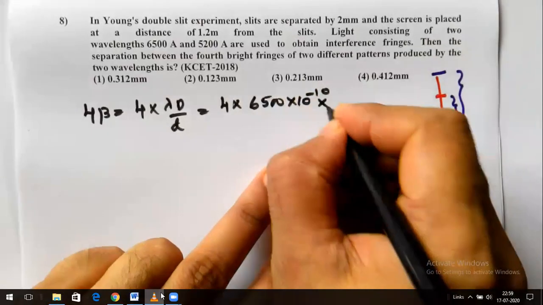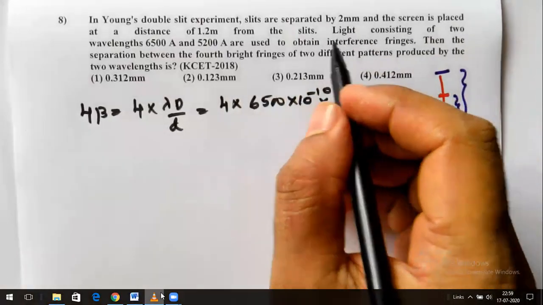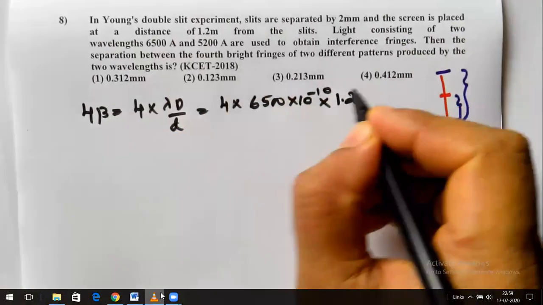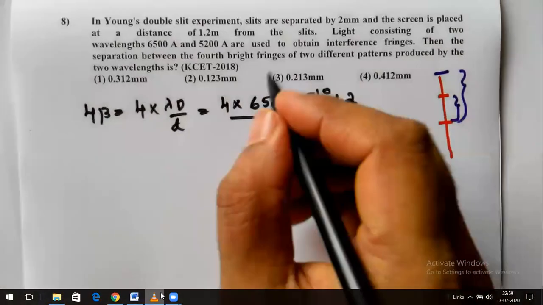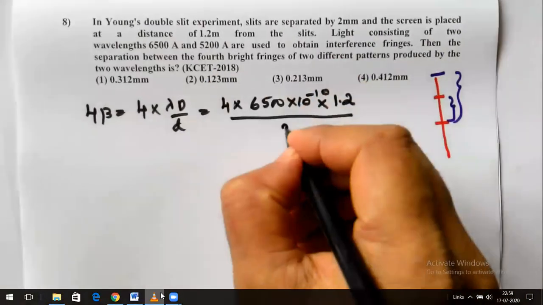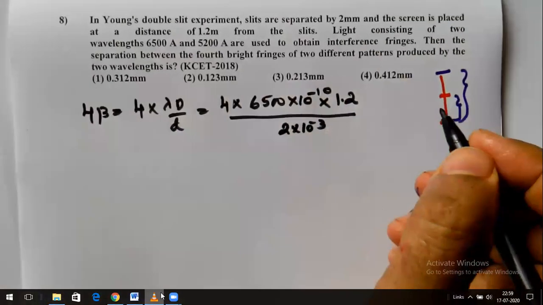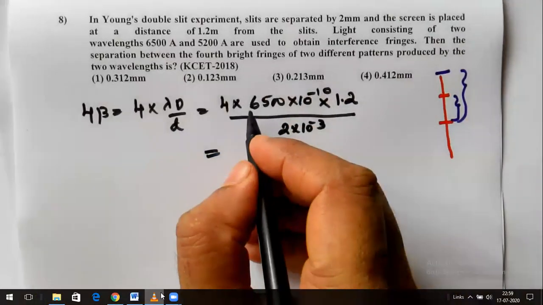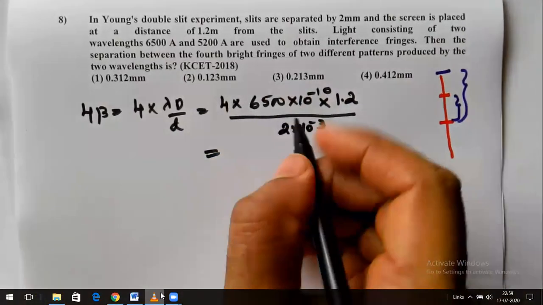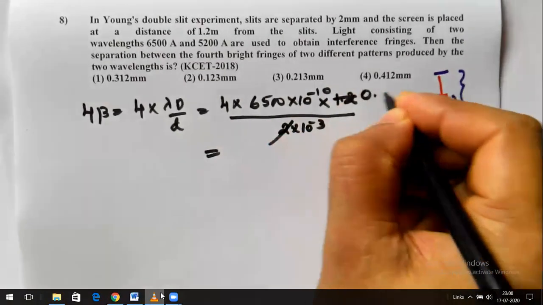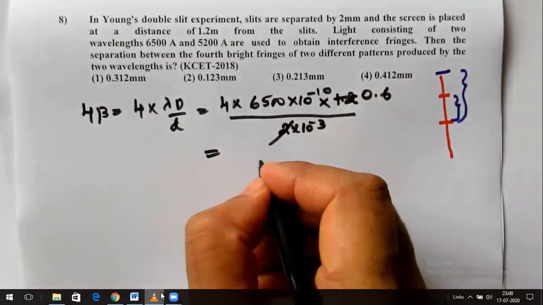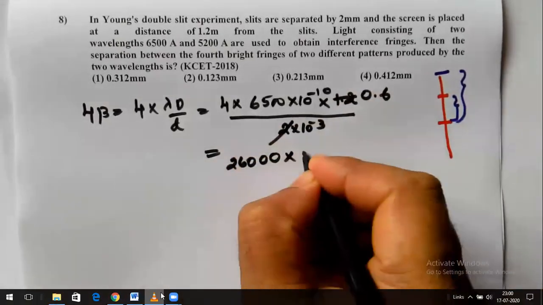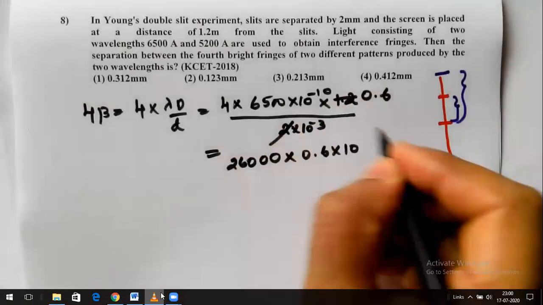Capital D is 1.2 meter divided by small d. Small d is 2 millimeter. Now this will be equal to 4 into 6,500. This I will divide 0.6. 4 into 6,500 is 26,000, into 0.6 into 10 to the power minus 7,